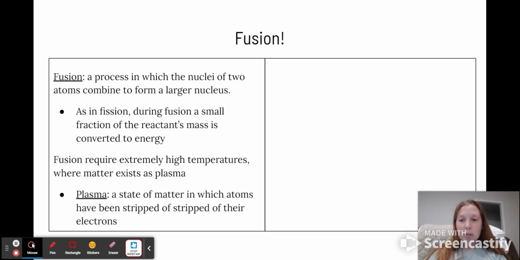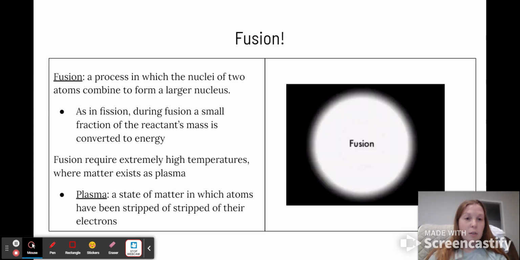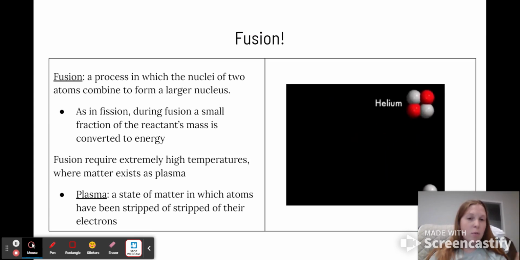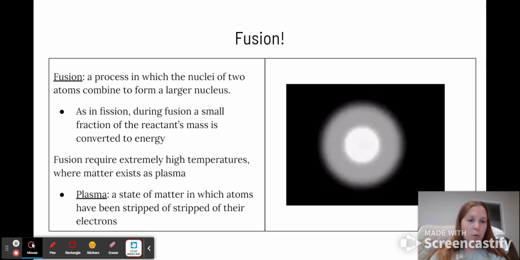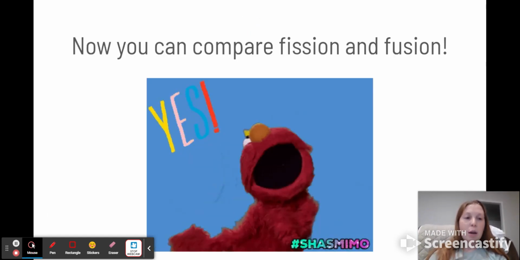And just for definition's sake, plasma is the state of matter in which atoms can be stripped of their electrons. So this is what a fusion reaction looks like, where two small atoms are brought together to form a new nucleus or a new, stable, larger atom. Great, guys. So now hopefully you can